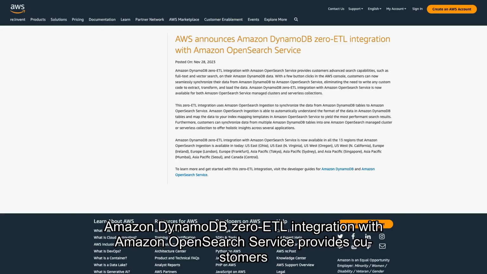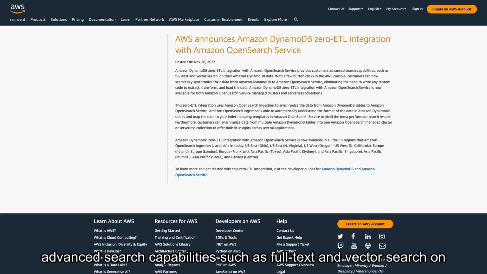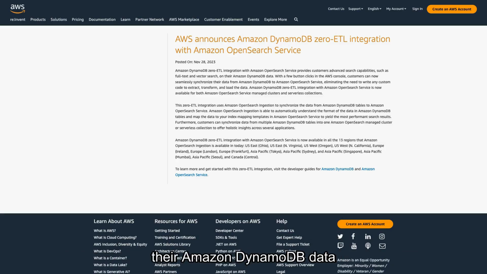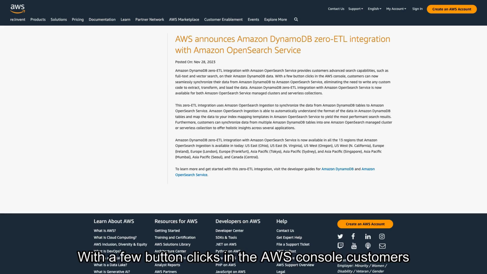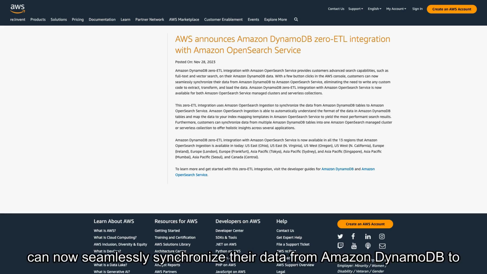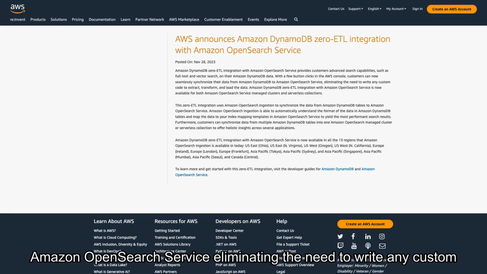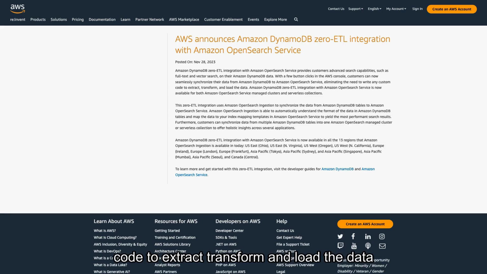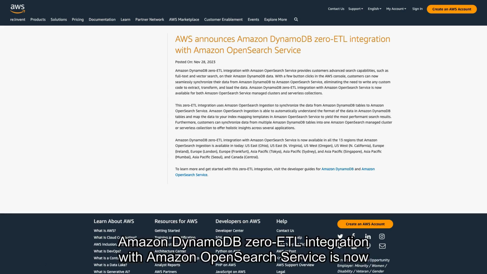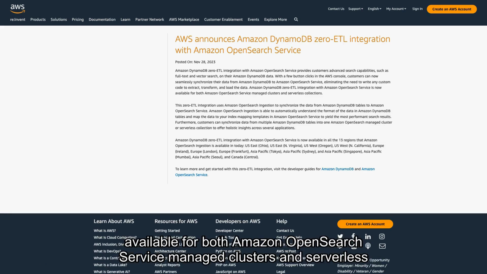Amazon DynamoDB Zero ETL integration with Amazon OpenSearch Service provides customers advanced search capabilities, such as full text and vector search, on their Amazon DynamoDB data. With a few button clicks in the AWS console, customers can now seamlessly synchronize their data from Amazon DynamoDB to Amazon OpenSearch Service, eliminating the need to write any custom code to extract, transform, and load the data. Amazon DynamoDB Zero ETL integration with Amazon OpenSearch Service is now available for both Amazon OpenSearch Service managed clusters and